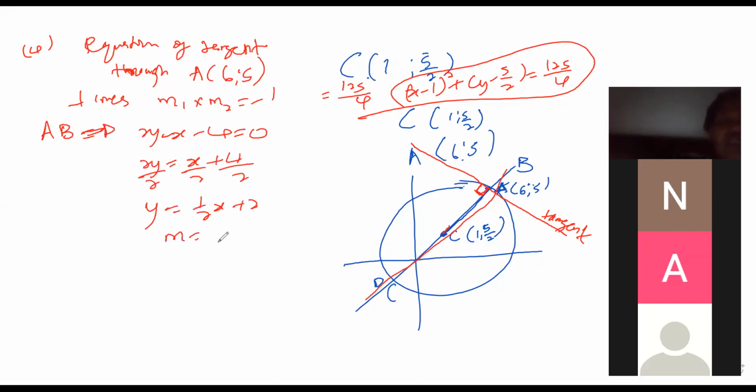So m was half. Then we said m for the tangent times m of CB or CA is supposed to give us -1. The m of the tangent we don't know, that's what we're looking for. But the m of CB we know is half, and the product must be -1. Then, for us to get the m of the tangent,